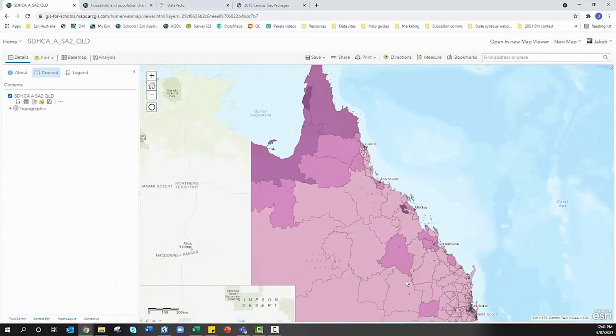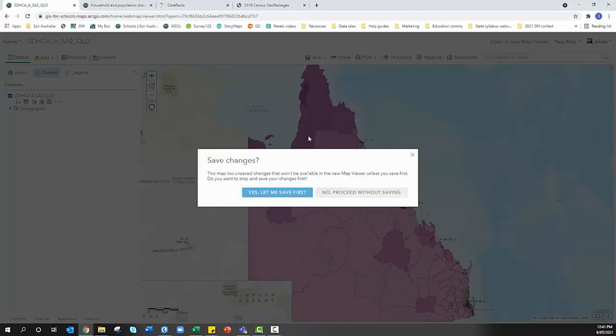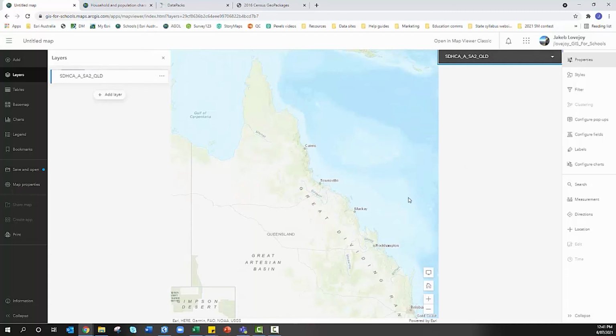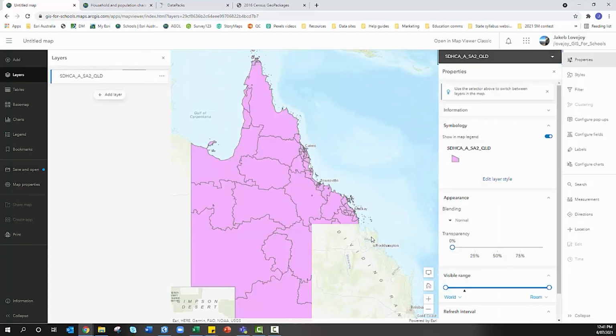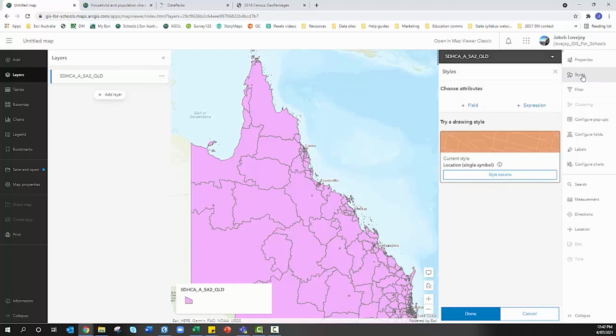I can see that data on a map. Likewise, if I go into the new map viewer, so I'll go without saving for now. If I load this into the new map viewer, this is the way of, I guess, the future of ArcGIS Online. Not all the tools are here yet, but it's looking really cool and really good. So I've got my layer selected, as you can see with the blue line around it. If I go to styles on the side,